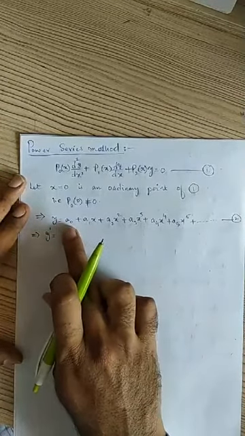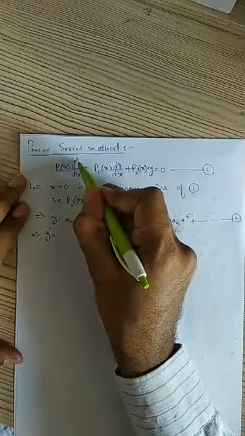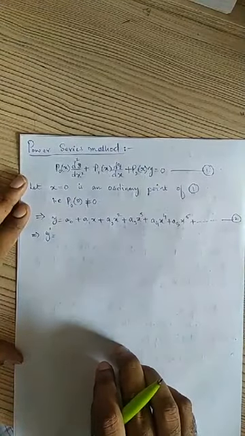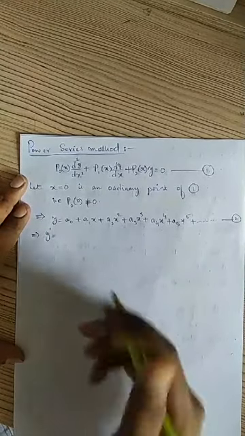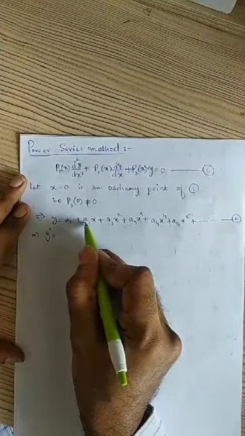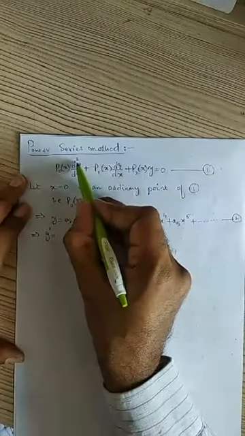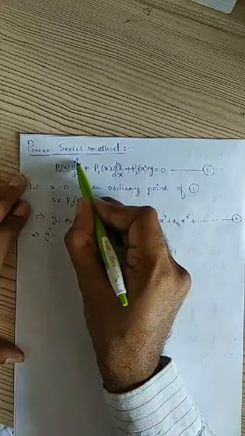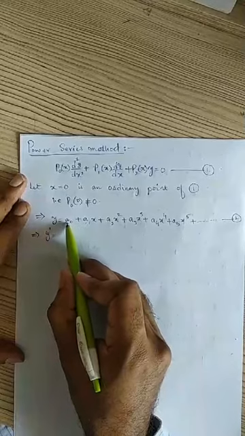Now my intention is to find what are these constants, right? Because the given equation is a second order equation, then in the general solution how many arbitrary constants should be there? If the equation is of second order, then obviously in the solution 2 arbitrary constants should be there. I will assume those arbitrary constants as a0 and a1, right?